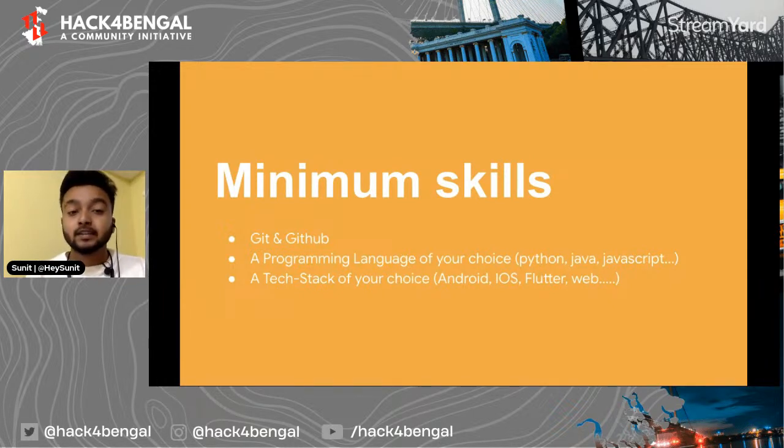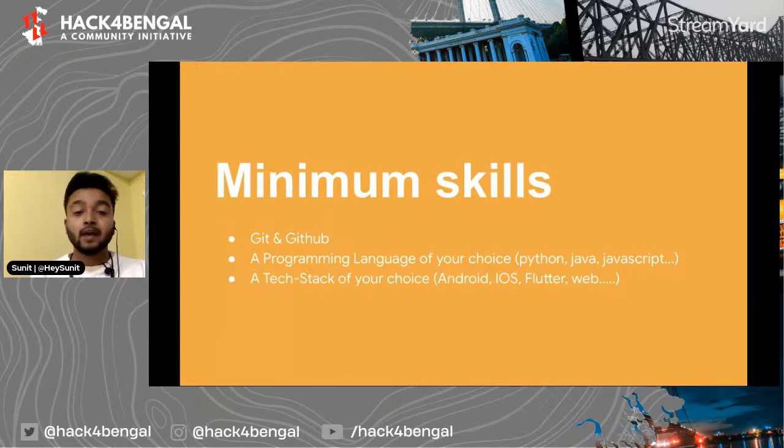After you learn Git and GitHub and a programming language of your choice, the next thing you will do is to learn a tech stack of your choice. By tech stack, I mean a development framework. So let's say you learn Java or Kotlin. If you learn Java, then you can use this language as a tool to build Android apps.